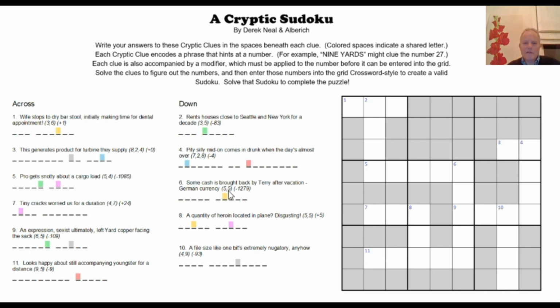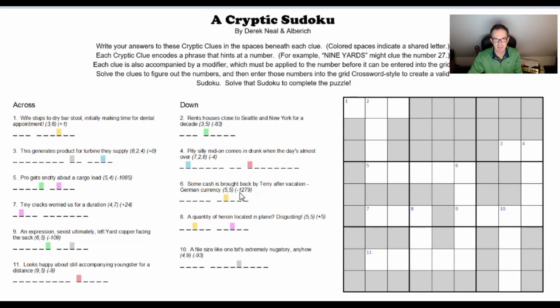Some cash is brought back by Terry after vacation. German currency. Surely it's Deutschmarks, but maybe just the marks there. SI: by can mean times, which can be represented by an X. Terry after vacation can be just the letters TY, because the rest of the word Terry has been vacated or emptied out. So we get 60. German currency, not marks, but G for German and Rand as a currency. 60 grand. And then, so 60,000, I've got to take off that